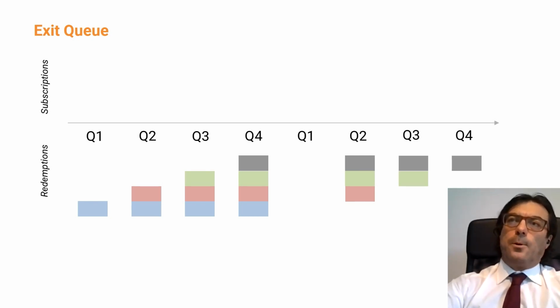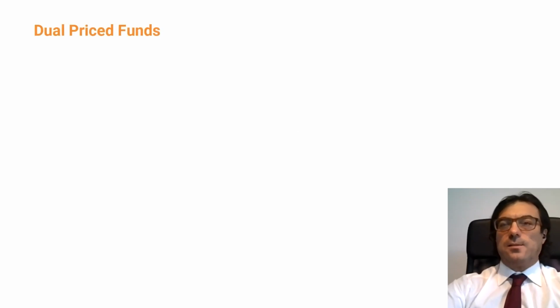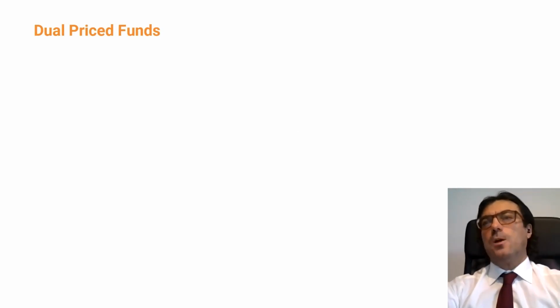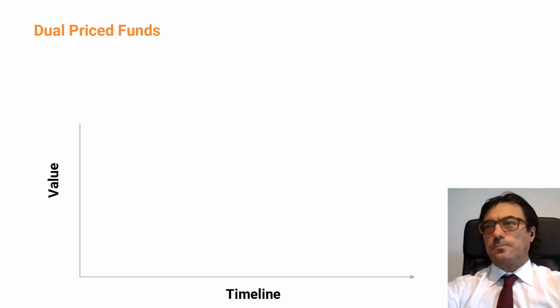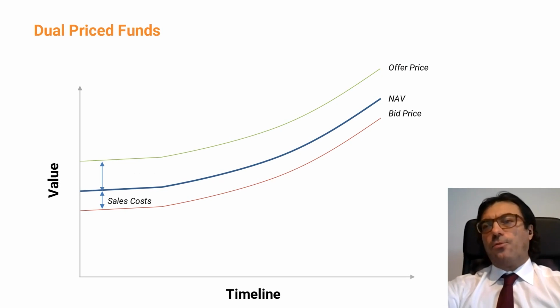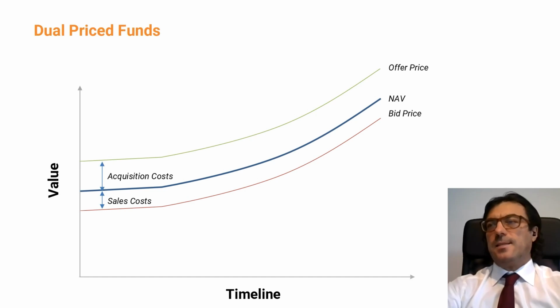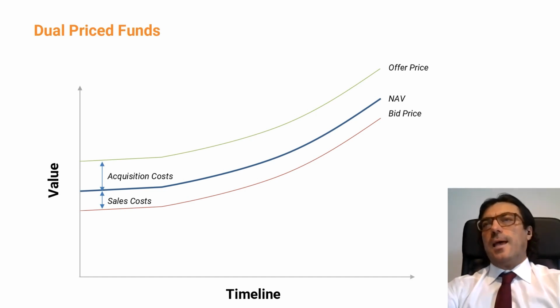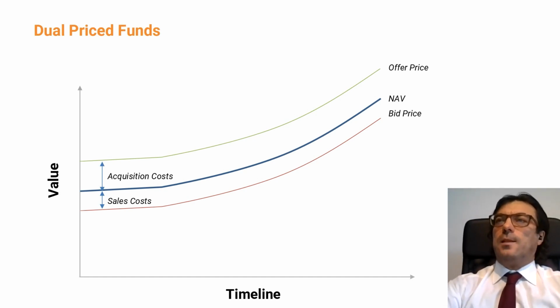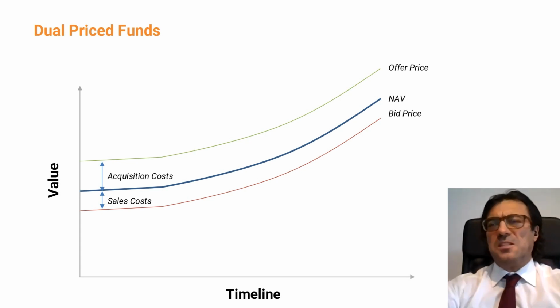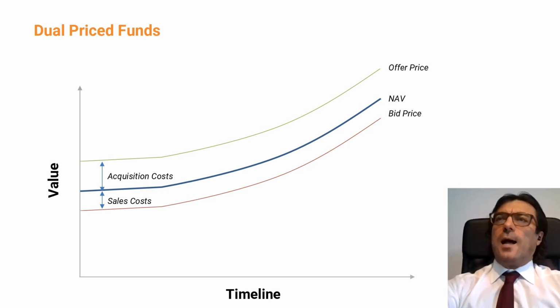Now, what is important to understand in open-ended funds is also the pricing mechanism. So at what price will investors redeem and subscribe? There are typically 3 methodologies. The first is dual pricing. So let's assume we have a timeline and our values on an axis. The NAV is our blue line. So this is basically the value of the properties. With the acquisition cost,